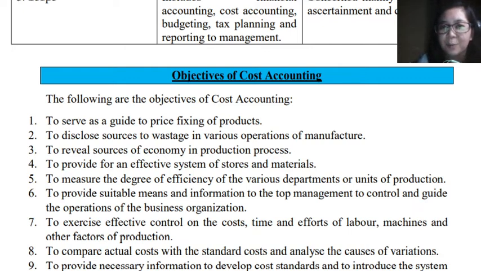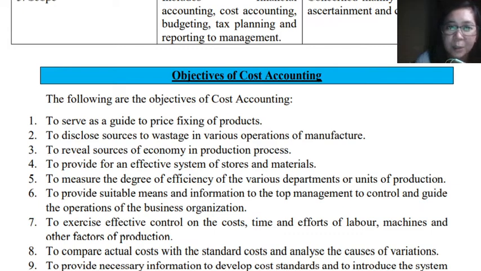Okay, so just like what we have mentioned also earlier, how efficiently do the employees use the resources, the raw materials in producing the product? Okay. Next objective is to measure the degree of efficiency, okay, of the various departments or units of production. So it follows also as what we have mentioned earlier. Number 6, cost accounting also